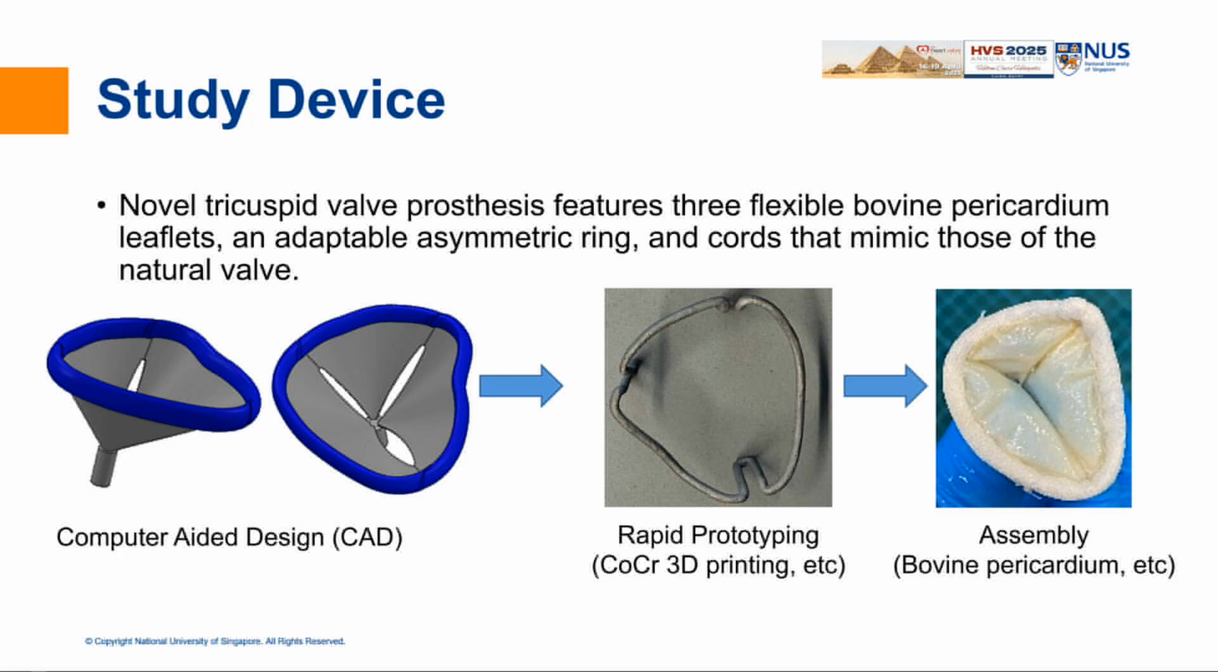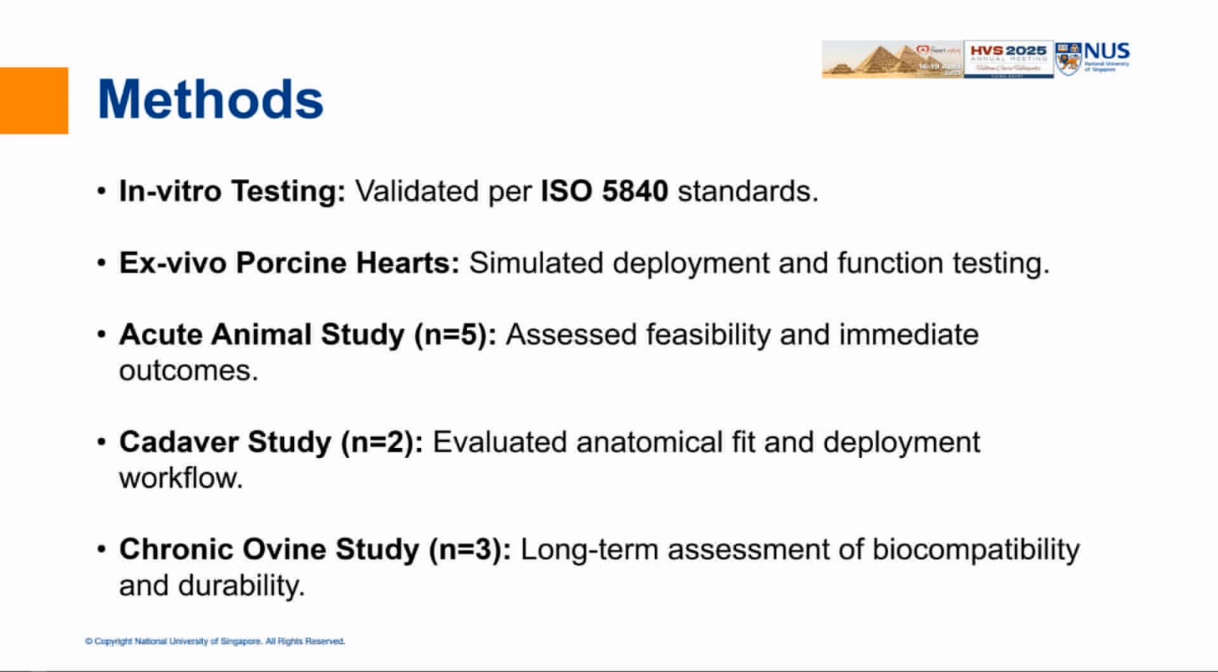The picture from the left to the right is showing the CAD design. It has 3 leaflets, and all 3 leaflets featuring the cords are bundled together, forming a cord cap. In the middle, you can see the structure ring, which is somehow classic, and the last one is the prototype. We evaluated this prosthesis in an in vitro setting in compliance with ISO 5840,